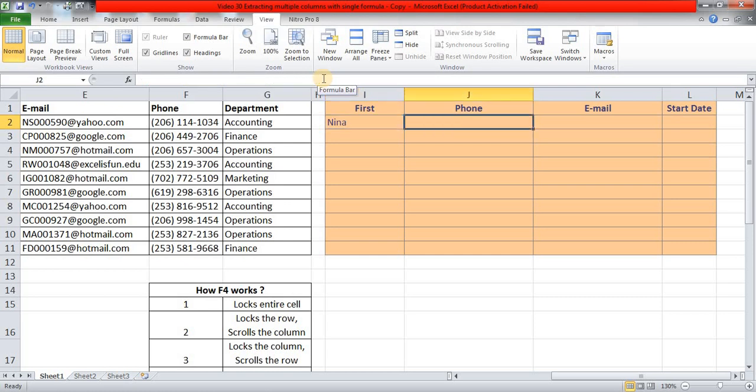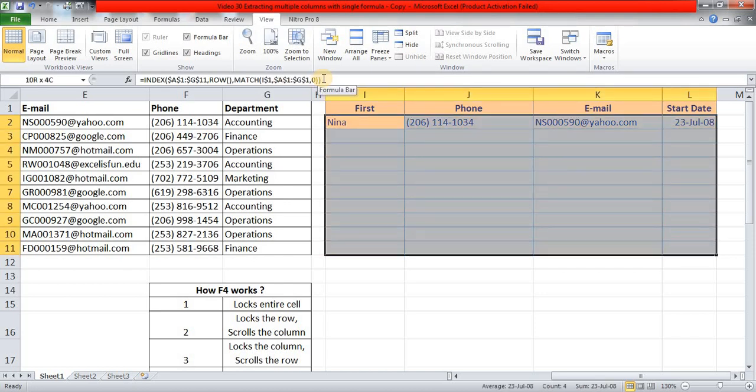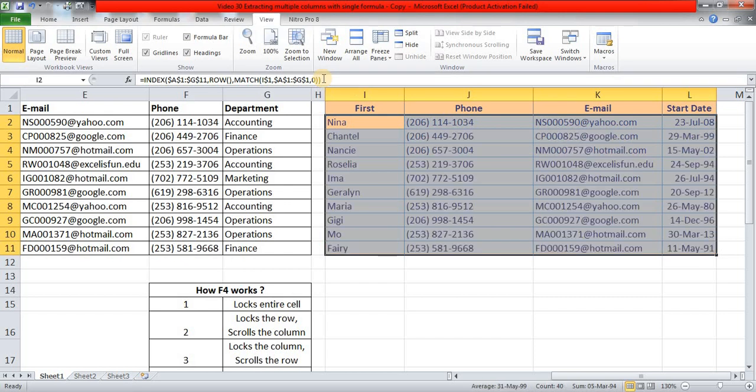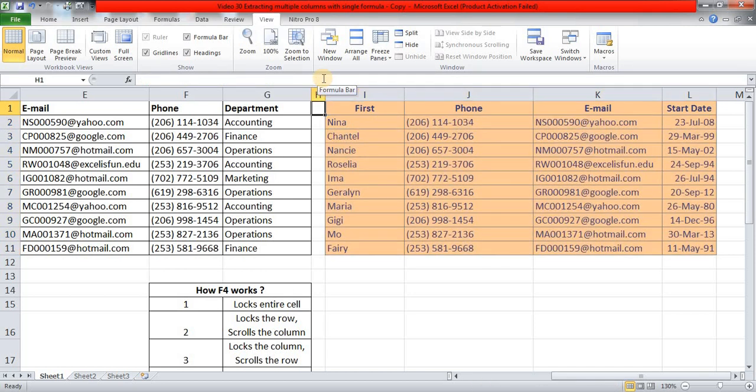So I am pressing Ctrl R to copy the formula to its right. Okay, great. Then email is also right, and start date. So now simply you'll select this range of cells and press Ctrl D. Okay, so here it is. So using INDEX and MATCH, you can extract data without using VLOOKUP or without doing any copy paste kind of